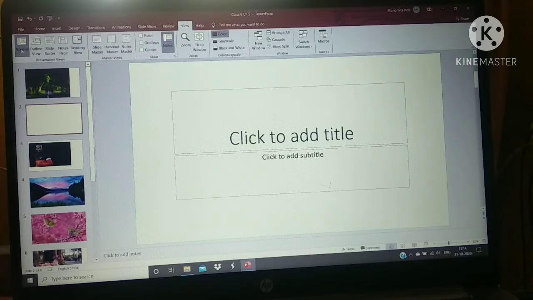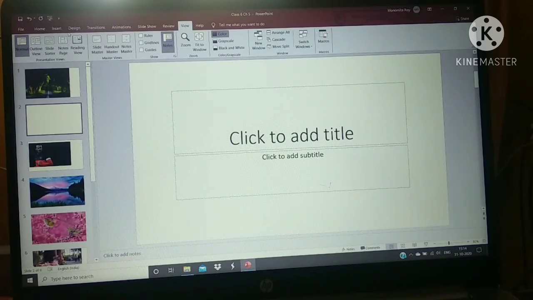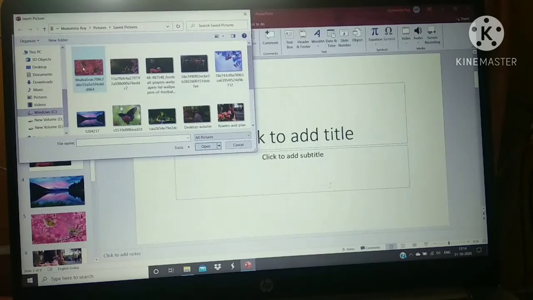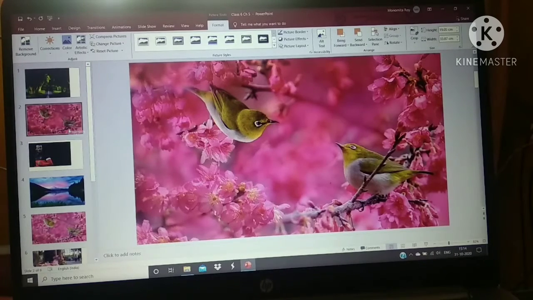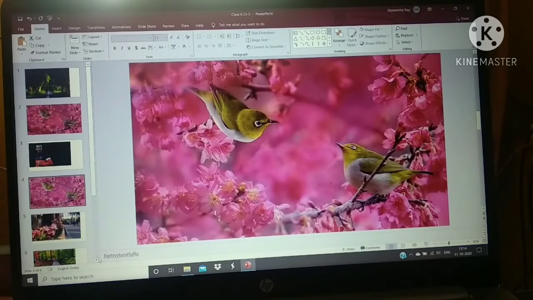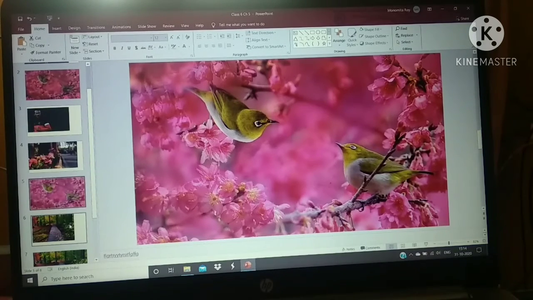Talking about the normal view, this is the normal view. You can see this is the default view in PowerPoint, and it is primarily used to create and edit slides. Here you can add new slides, fine. You can remove any slides from here. Whatever function you wish, basically you can perform here, right?